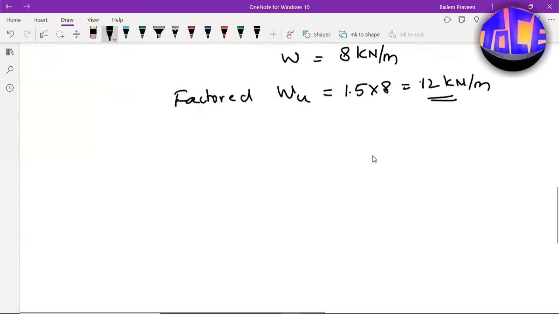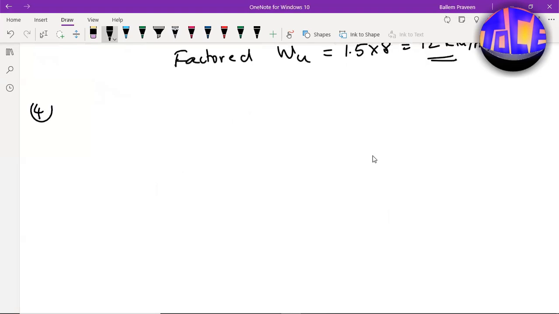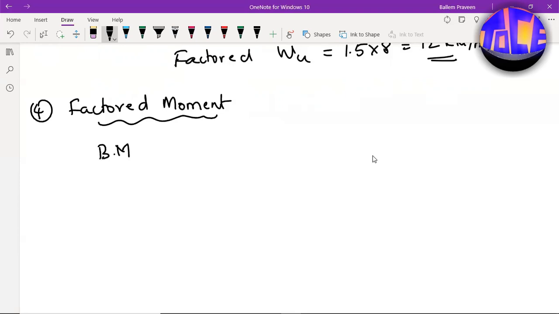Now the next step is to find out the factored moment, or bending moment. Let us consider this as a UDL acting on a simply supported beam. The bending moment formula is Wu Le square by 8, right? So Wu is 12